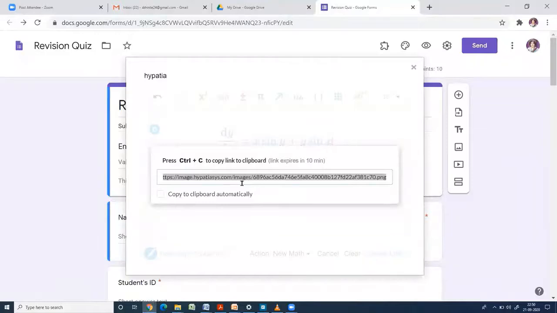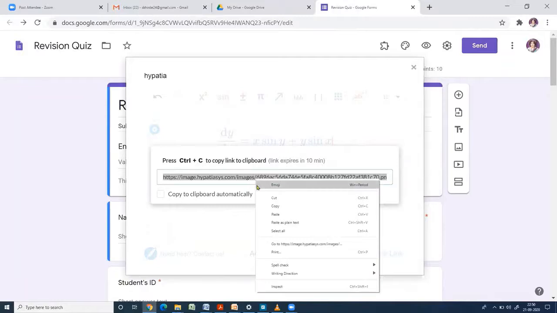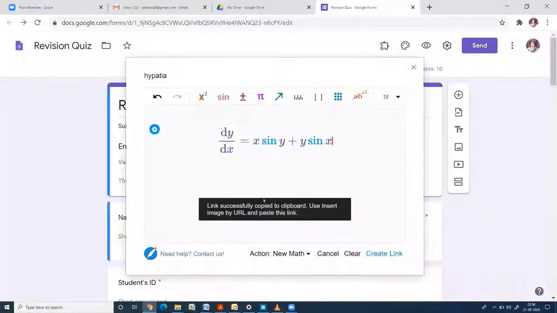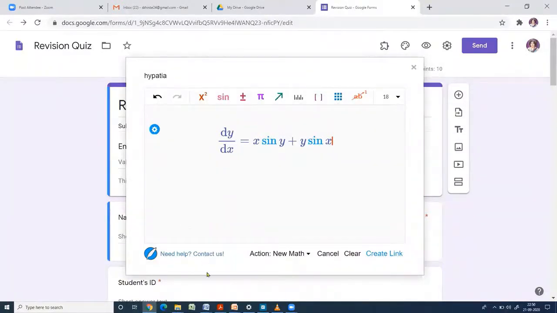So what you have to do, you have to click on Control C. So just copy this, or you right click it and copy, or Control C. So link successfully copied to clipboard. Use insert image.